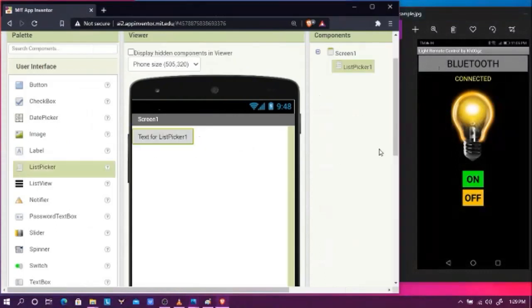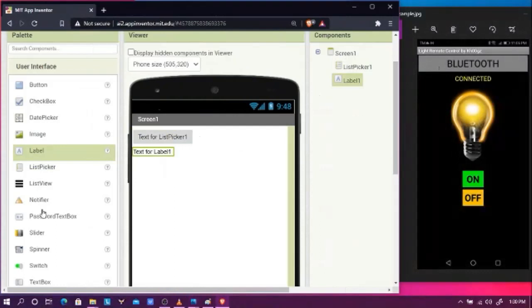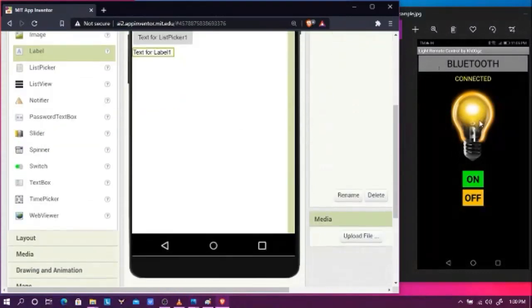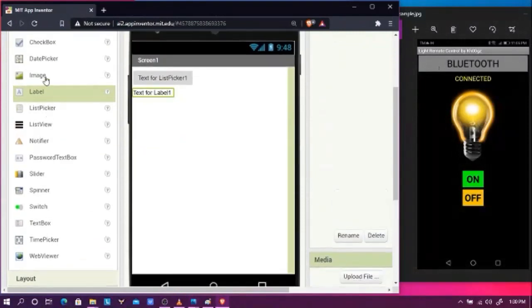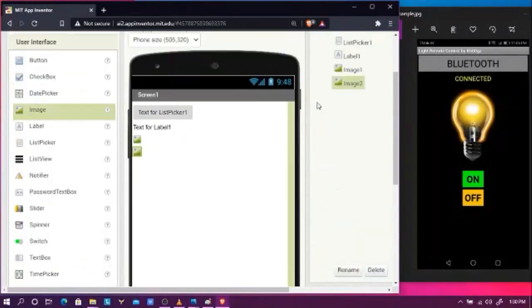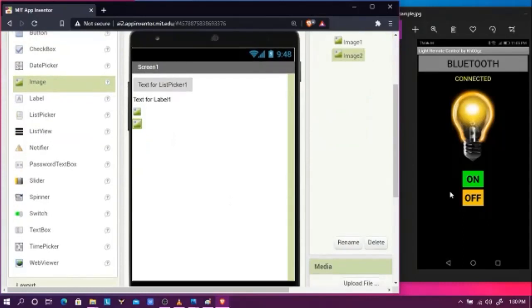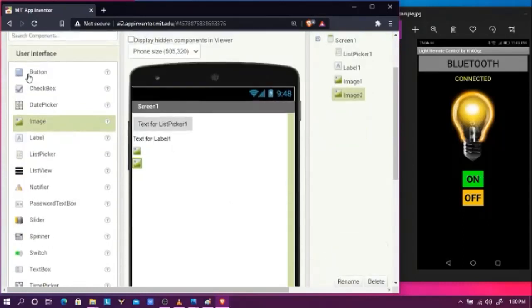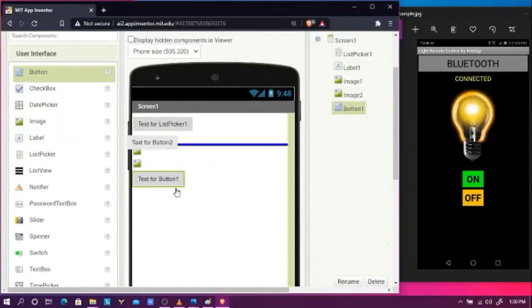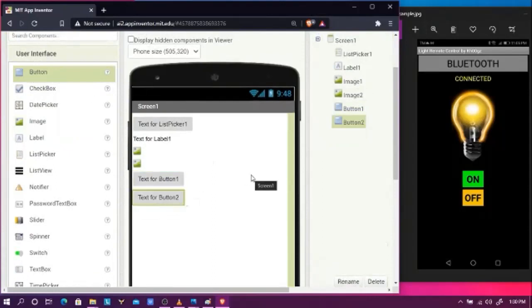In this case, we will be clicking list picker. That is the Bluetooth, meaning the list picker. Also, we have a label for the connected status. And for the bulb, we need images. We need two images since we have on and off images of the bulb. Okay, take note, we have the list picker as your Bluetooth and also buttons for on and off. So these are what you call the components